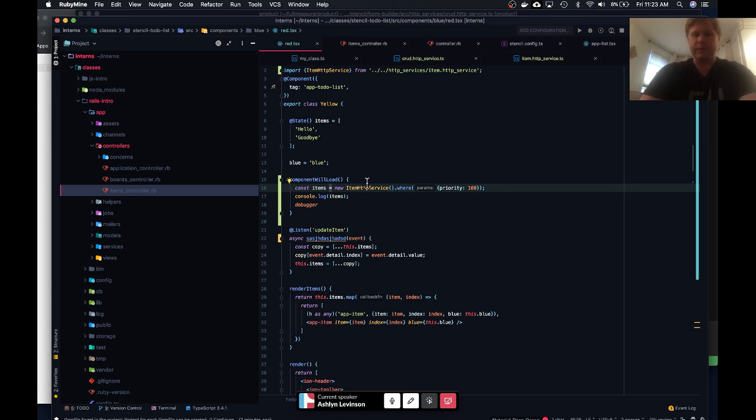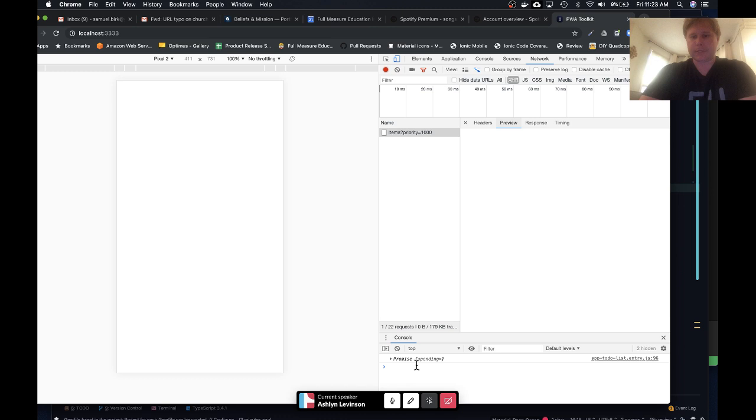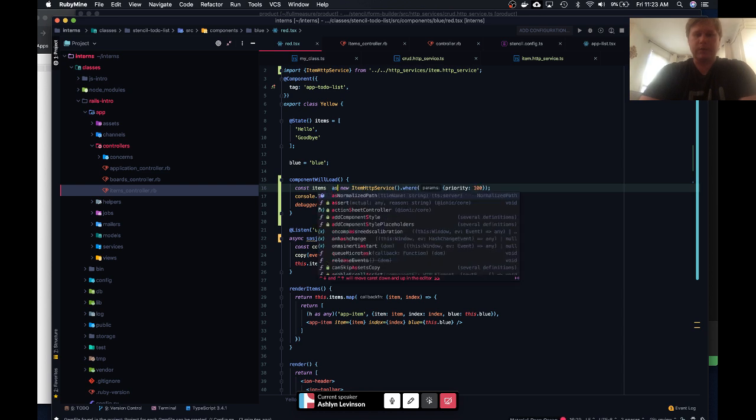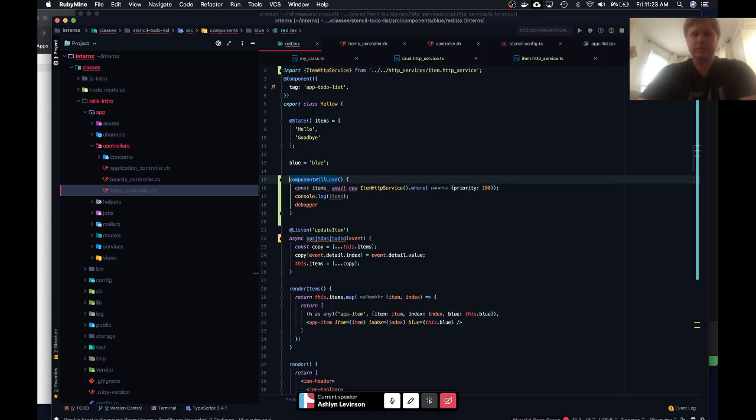I'm going to do line 17, so I'm going to log out items, which is a promise, and then I'm going to hit the debugger. So we can actually see right now, if we look at items, it's a promise that's pending. Okay, so it hasn't been resolved yet. But if we want to wait for that response before we do any other code, which we probably do, we can use await. And if we use await, it tells us we have to use async for our function. But if we try that again,